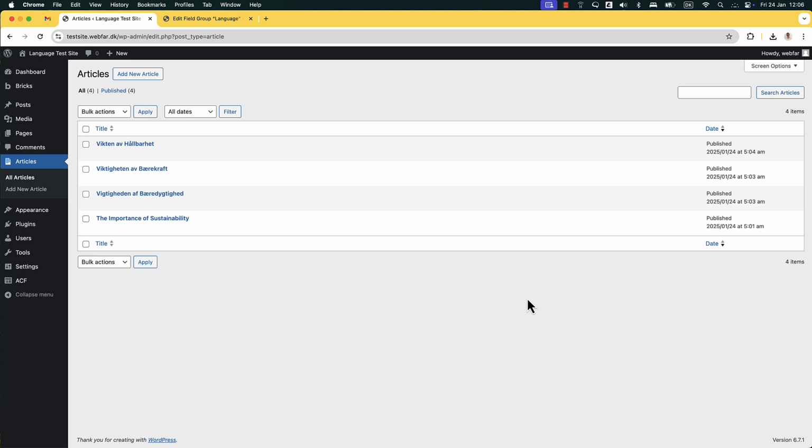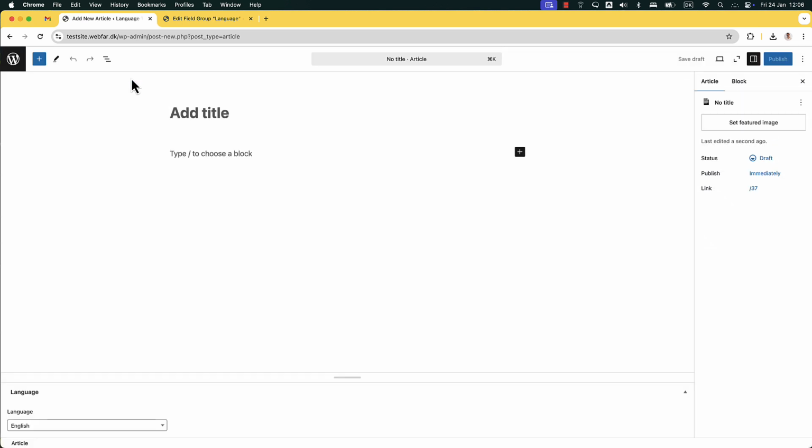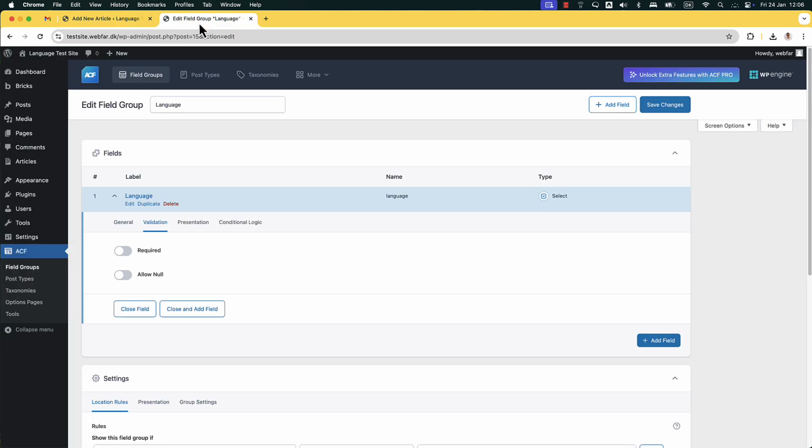Okay, I'm back again, and I created some articles here in our custom post type articles, and I just want to show you something that I forgot to add before. If I add a new one here, you can see I cannot set it to null. I should be able to, because this is not mandatory, so I should definitely be able to just set it to nothing here. So that's where you go inside the ACF and you edit the field group, and then